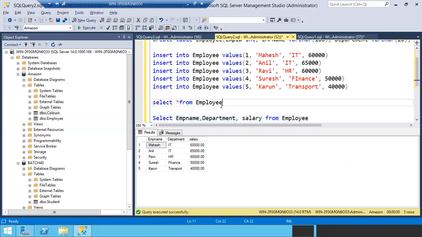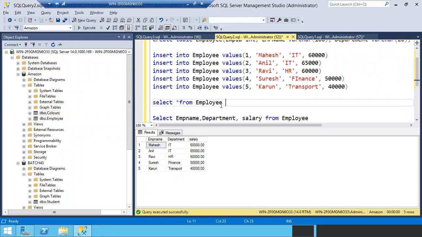Right. So I want to filter the rows. How to filter the rows, guys? Select star from employee where... We have to use where, with a condition. What is the condition we are going to execute? In case you want to filter rows, you have to use the where condition. For filtering columns, you only use column names, but for filtering rows, you have to use the where condition.